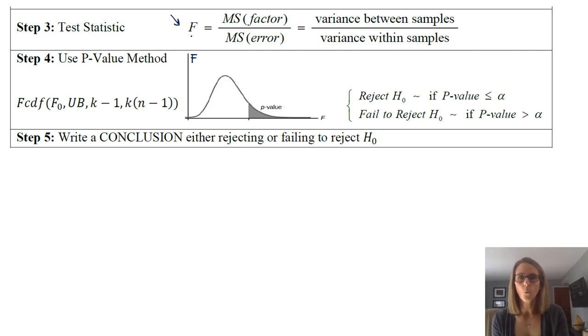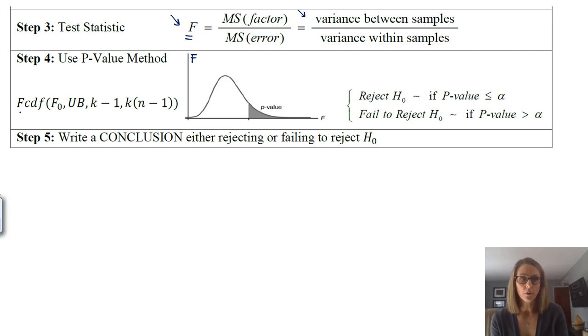And where this number is coming from, your calculator will just pop it out for you, but the big idea behind ANOVA is that when you have 3 sets of data, it looks at how much variance, a measure of how much the data values vary from one sample to another, but also how much each sample varies within itself. And then it's the ratio of those 2 things that gives you your test statistic.